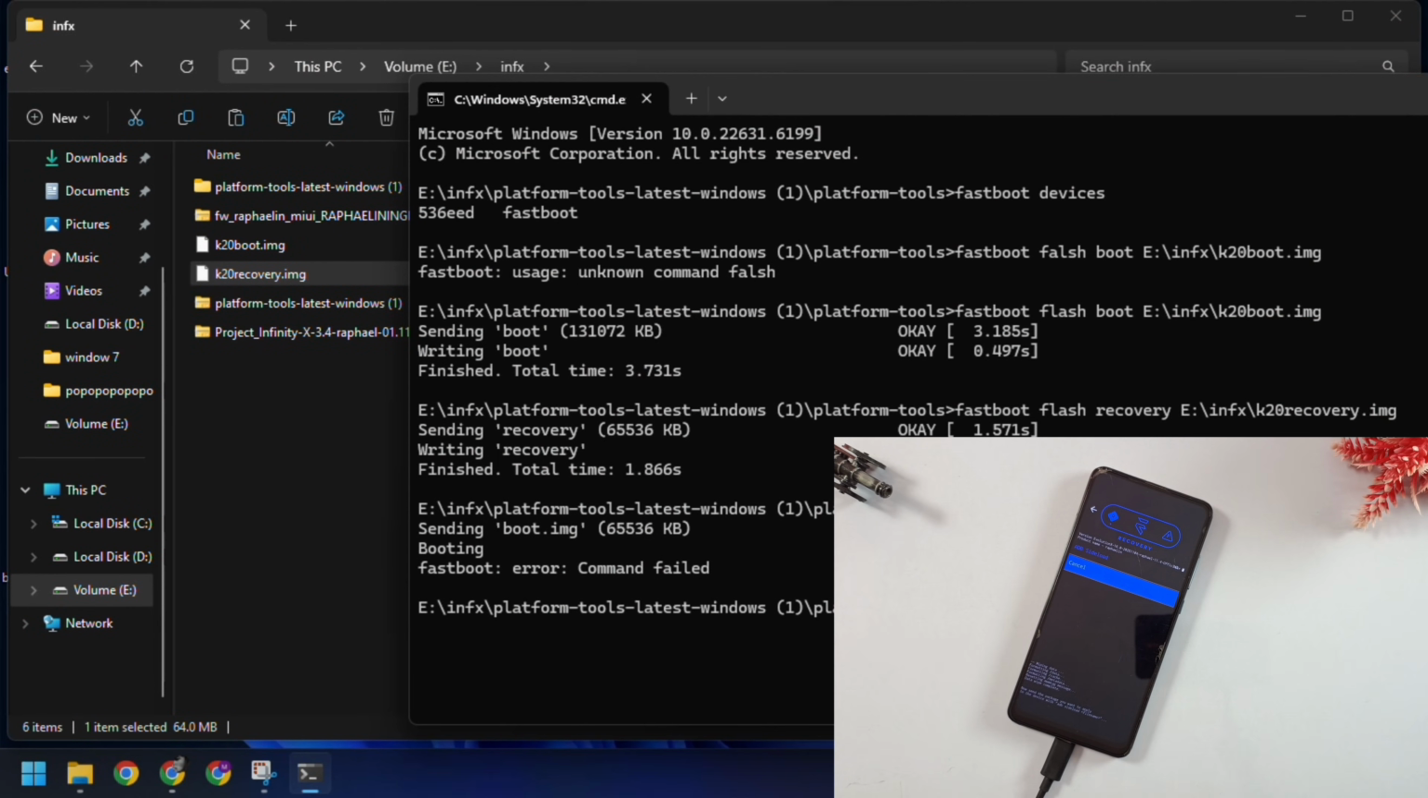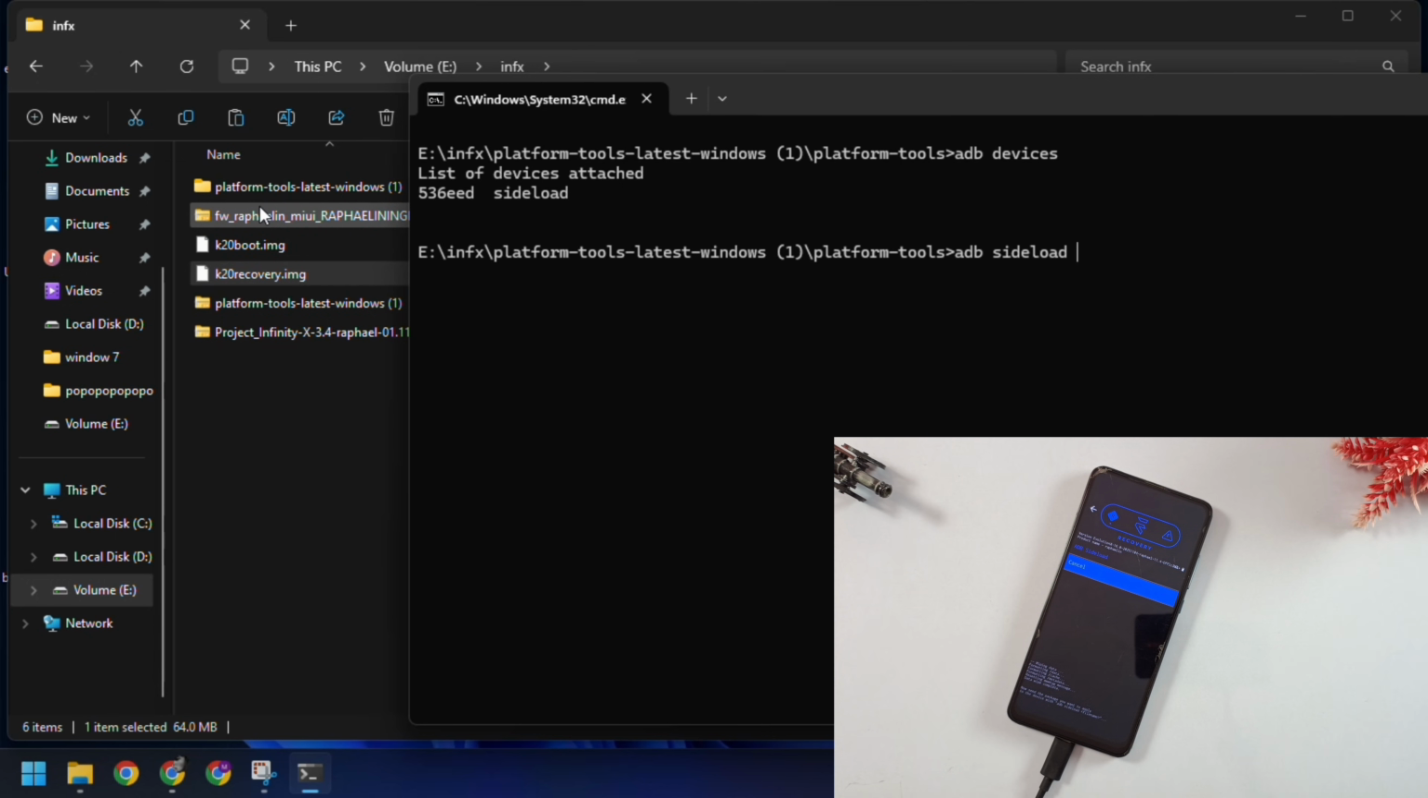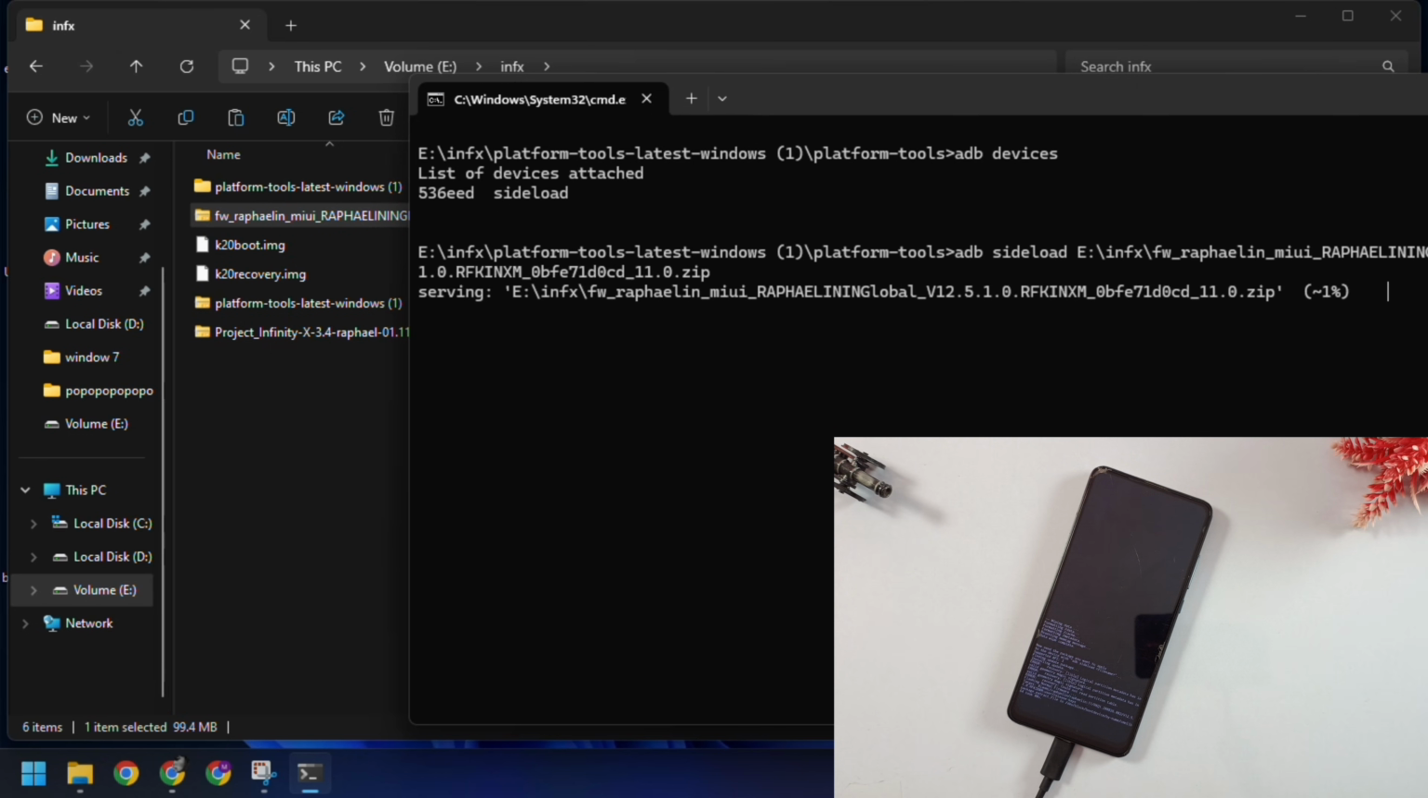Now, back in your command prompt window, type adb devices to verify that your ADB connection is working properly. Once you've confirmed the connection, type adb space sideload, then drag and drop the firmware zip file that you downloaded earlier into the command prompt window. Keep in mind that not all devices require this firmware flashing step, so please refer to your specific device's flashing guide to be sure. Once that process completes,